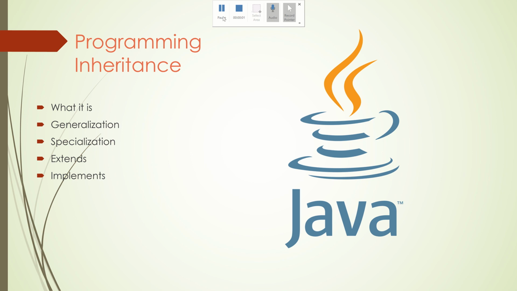Hi folks, today I'm going to talk about inheritance with some examples. First of all, what is inheritance? Inheritance allows a new class to extend an existing class. For example, if you want to create a